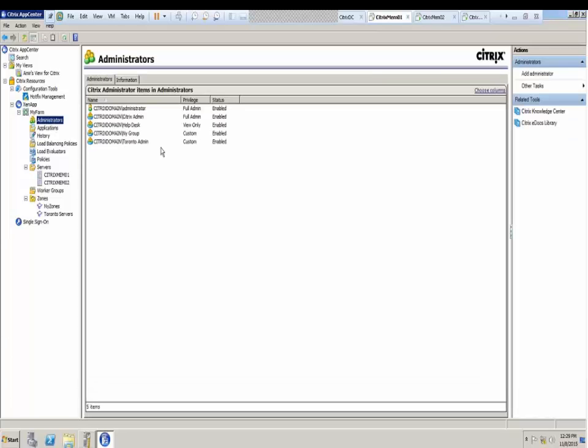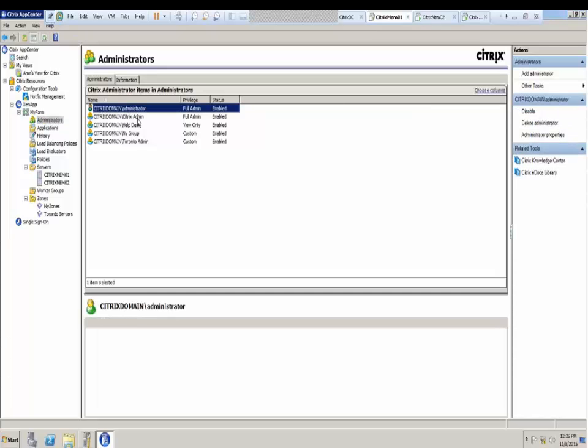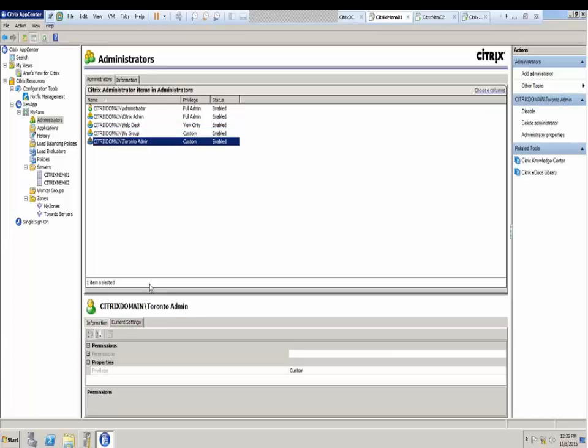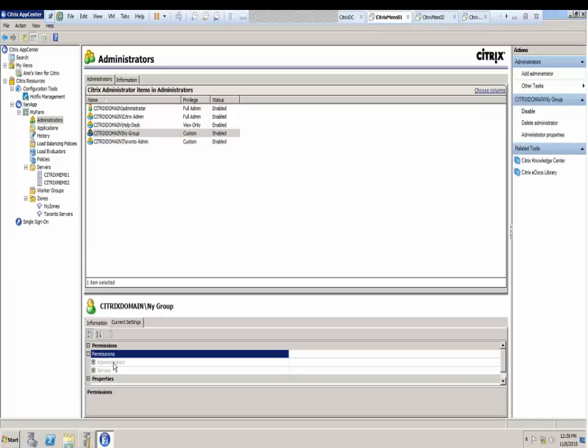If I go now back to administrators, I can see all the groups with all the permissions, administrators, Citrix. So there are two full admins, one view admin, and then there is NY group and Toronto admin as custom admins. And if we go to current settings here, so NY group, current settings below, if I just expand that,